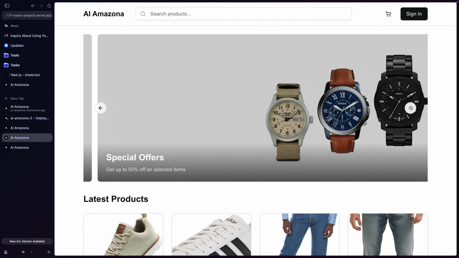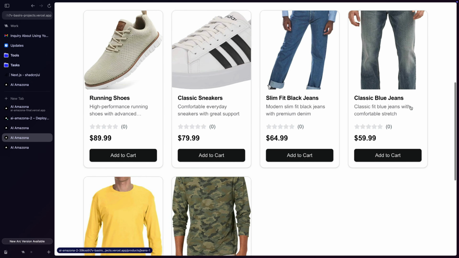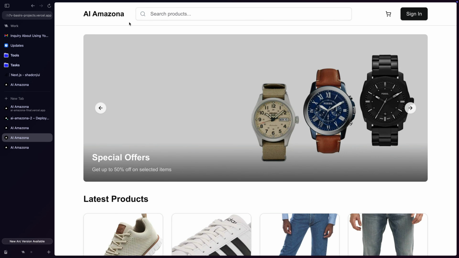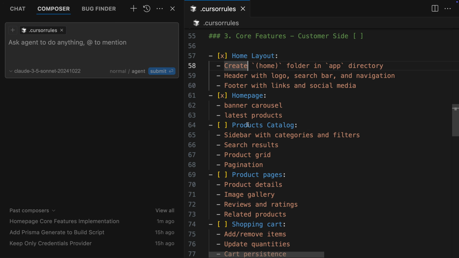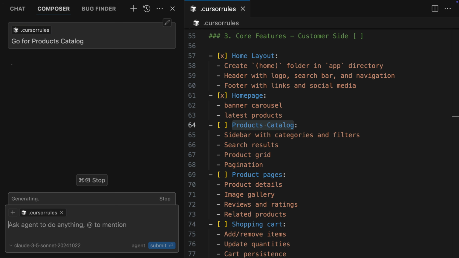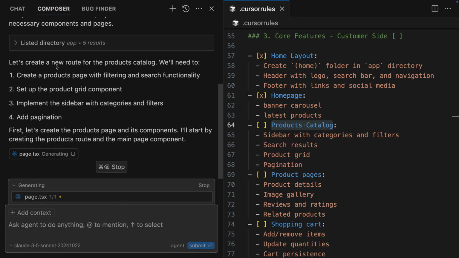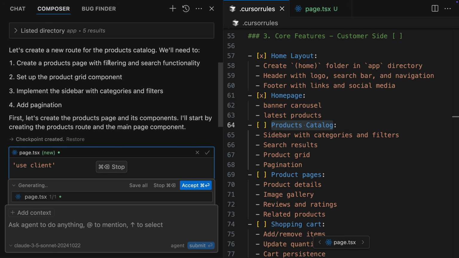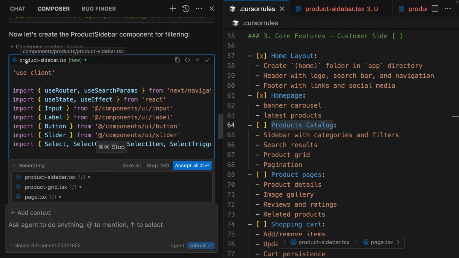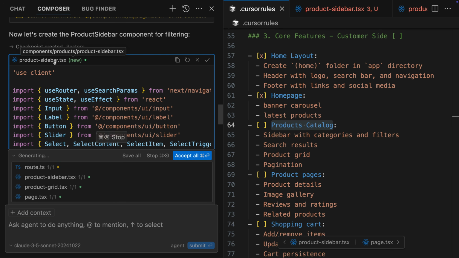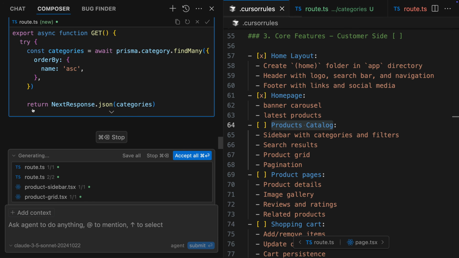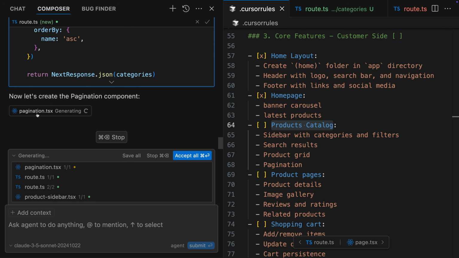Homepage with carousel and latest product. Let's go for the next step, which is going to be product catalog. Copy this, go for product catalog and press enter. There we are. It creates a new route for product catalog, then product sidebar component, APIs to get categories, pagination